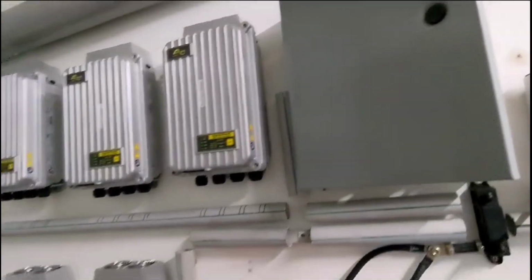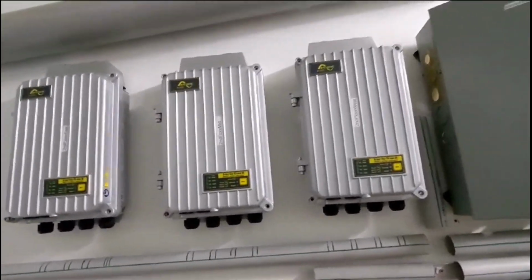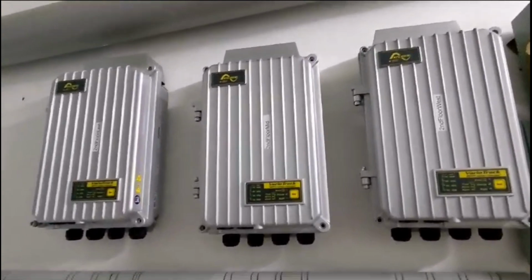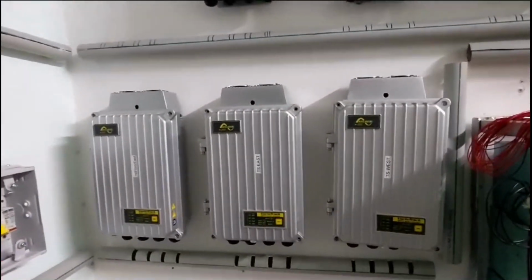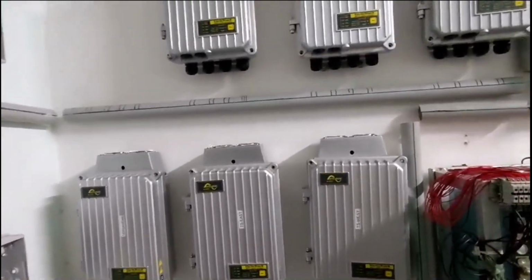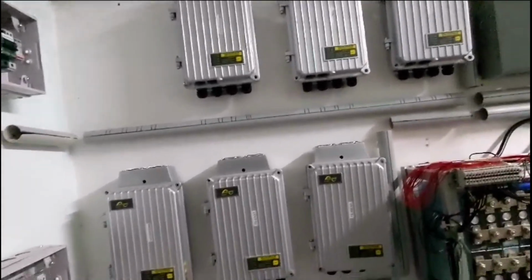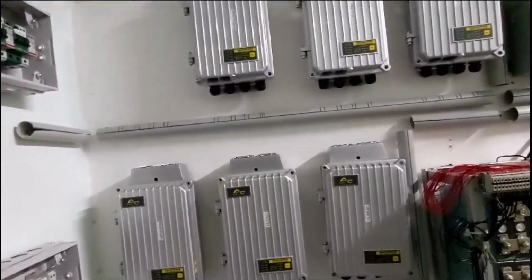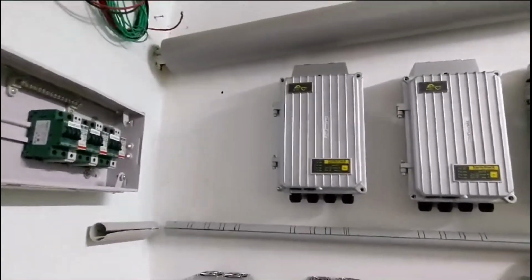And we are again using the same starter VarioTrack 80 amp charge controllers. We have 6 as of now. We have put one extra because solar goes down sometimes, and during the rainy and cloudy days we don't get much solar, so we have used 6, but we have space. We have kept space here for 1 more, and there could be 3 more in the bottom,